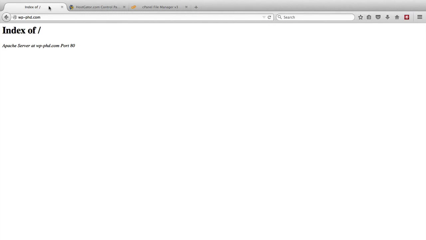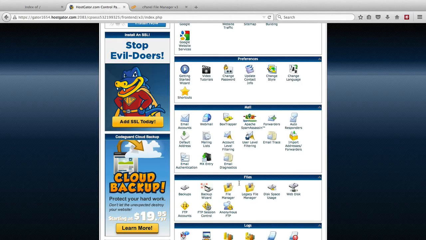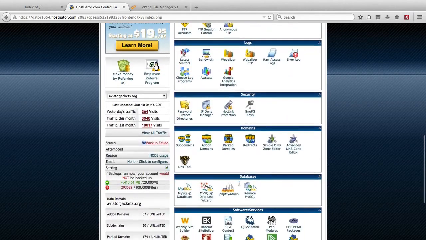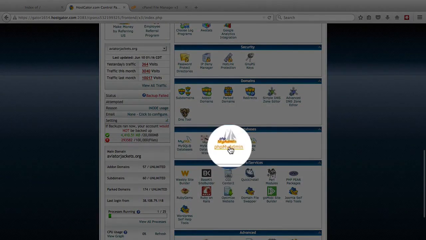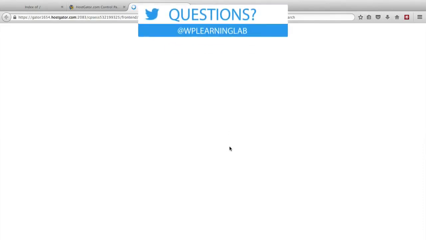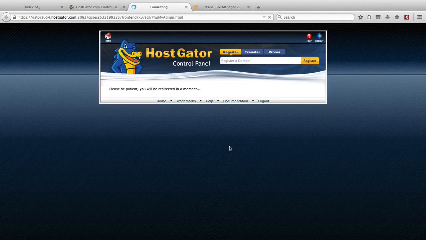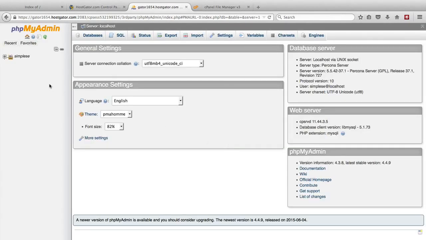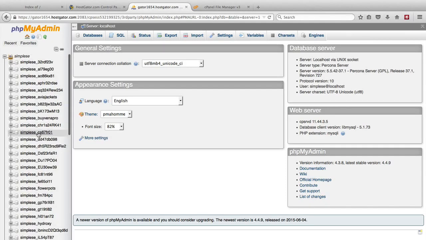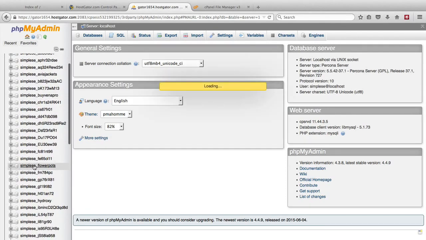Now what I'm also going to do is delete the database. So if we go back into the cPanel, we have to scroll down to the place where we have the phpMyAdmin option. Click on that. And I checked my WP config file before I deleted the site, and my database name is flowerpots. So I'm going to find that database, and we're going to do what's called drop the database, which is the MySQL term for delete. So we open the list of databases on the left, we find the flowerpots database,